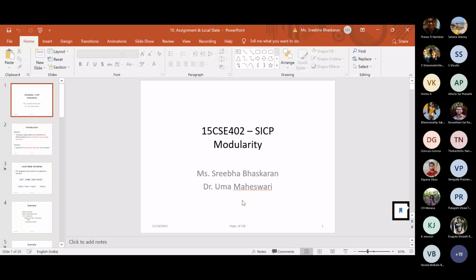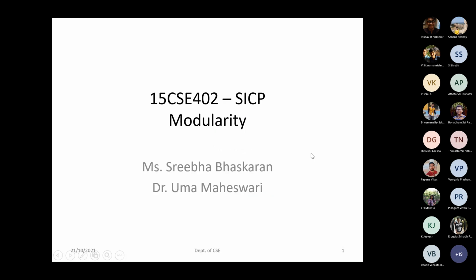So till last class, we were discussing with respect to data, how the data could be represented based on what type of data it is, and what are the different primitive procedures which we could use. So those were the things which we were discussing till last class. Before that, we had started discussing